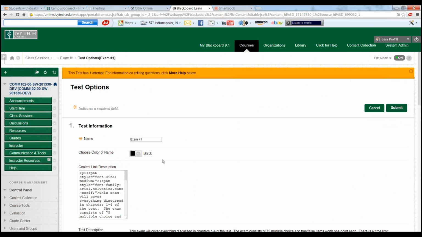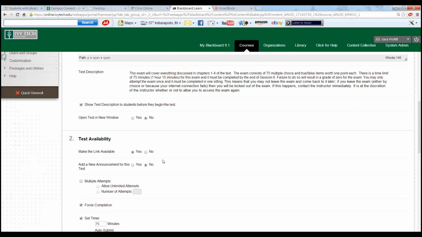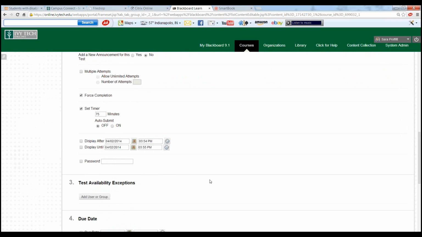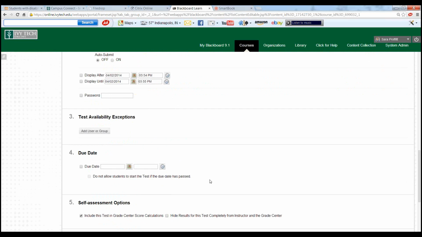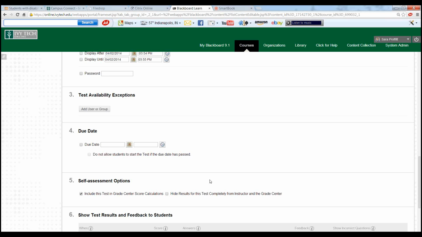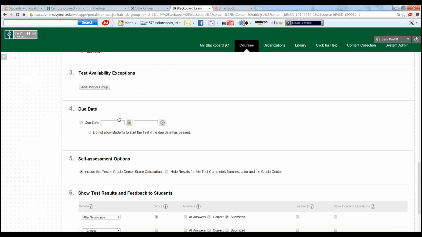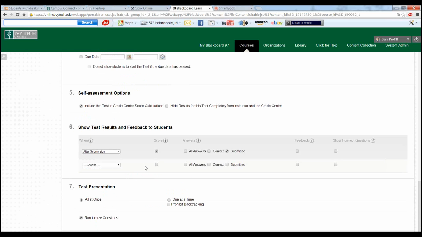I think right now it's set up to all show at once, and we can look at the options and how it's set up and discuss that. Again, I have set force completion. We have the timer set for 75 minutes. The instructor can set the display dates and due dates and things like that based on their own course. We have the test showing their submitted answers once they submit,